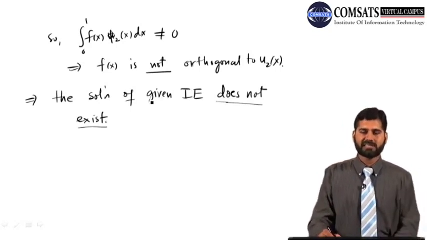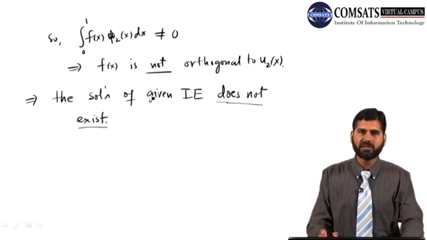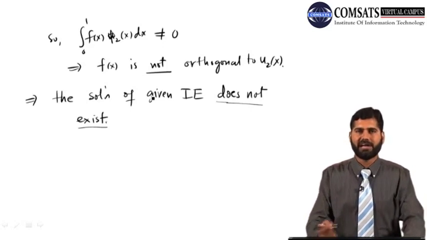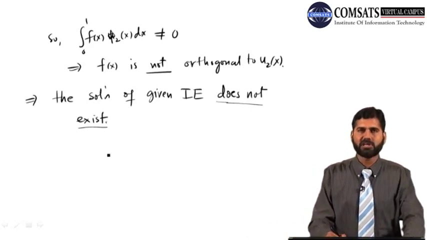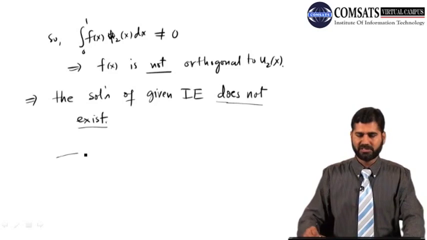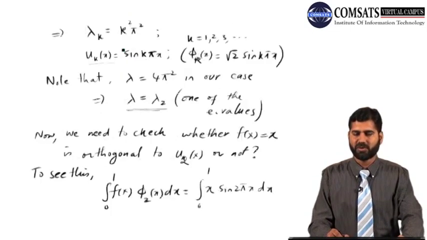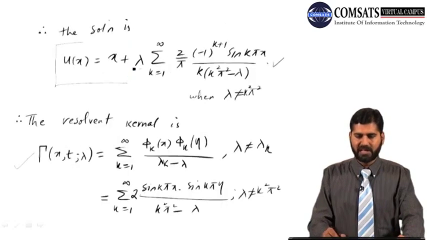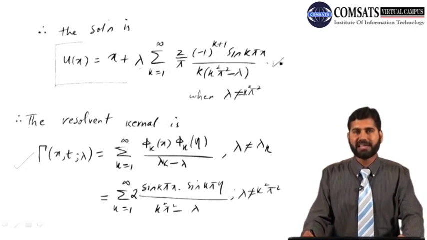All right, so we have done one example where, whenever your lambda is not equal to an eigenvalue, we get a unique solution. When lambda is equal to the eigenvalue and f(x) is orthogonal to the eigenfunction, then you will get infinitely many solutions. And if f(x) is not orthogonal to your eigenfunctions, then you have no solutions at all. If you go back and look at this equation, it is the same equation which we have studied before. This was the example where, if lambda is not equal to k square pi square, then this is your solution. You are getting a unique solution.